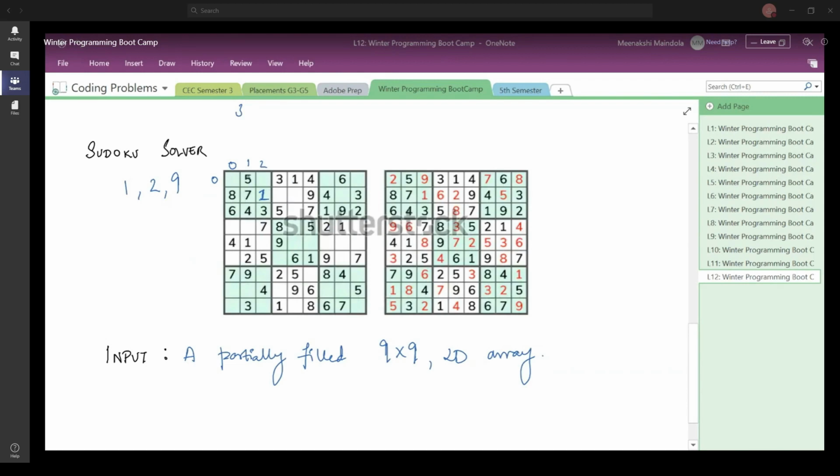This is how you generally move ahead whenever you want to fill a Sudoku.